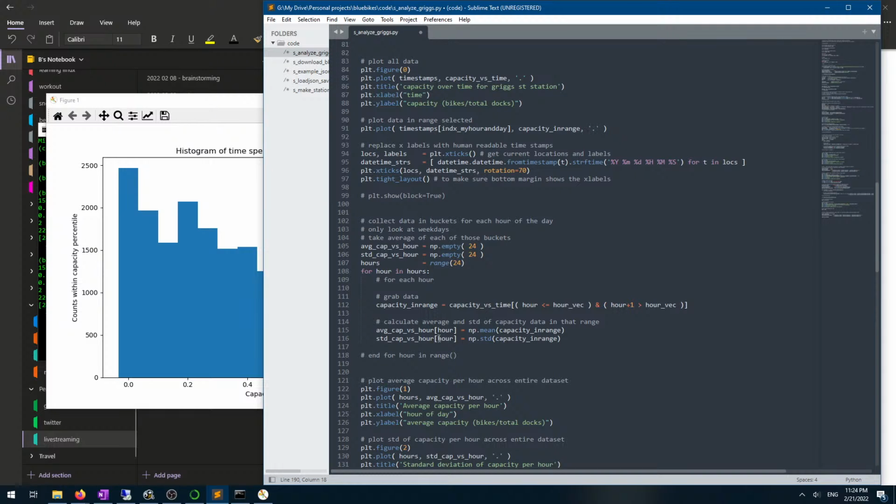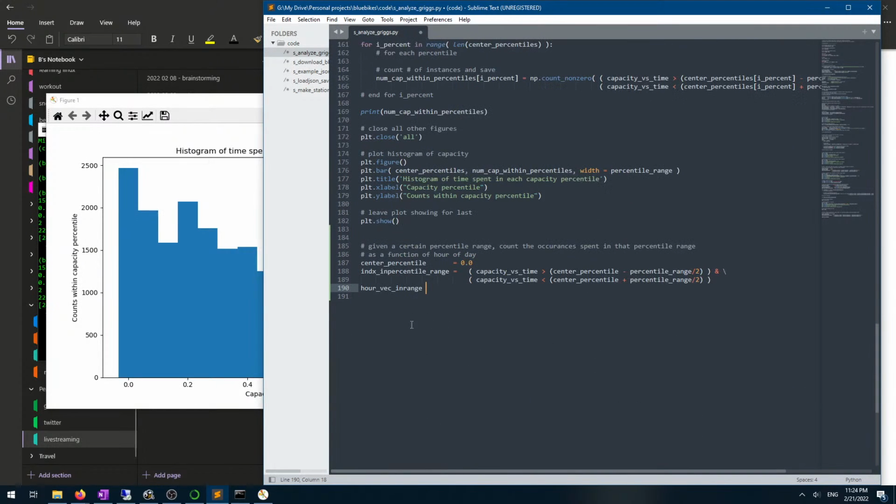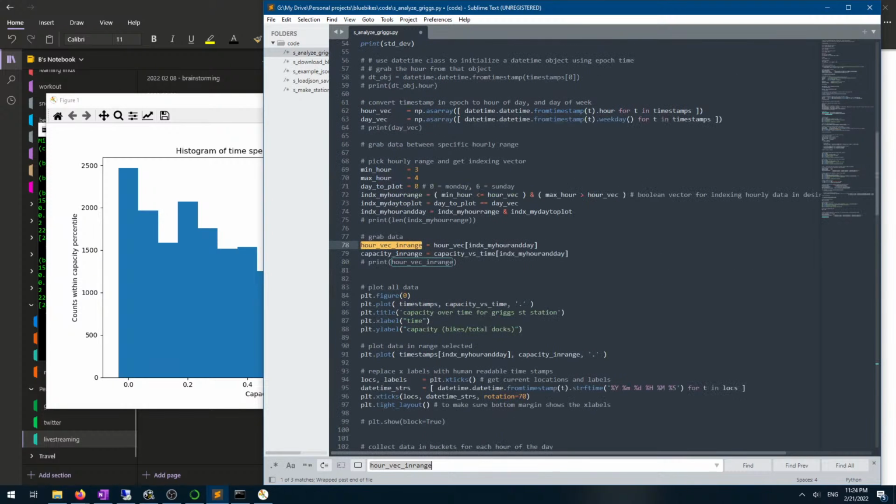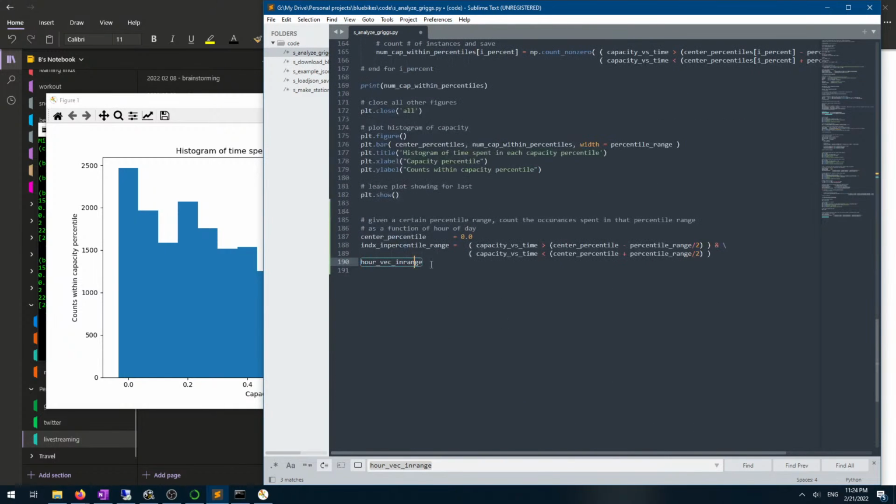I'm not sure what for. I have forgotten at this point. Let's see, where was it used? Okay, I see. I'm actually doing something similar again. Here I was grabbing all the hours within a certain hour and day range. Yeah, okay. But here I'm looking for all the hours,